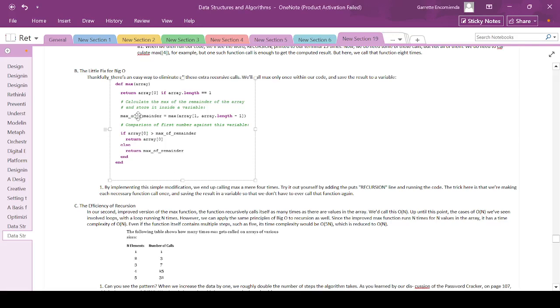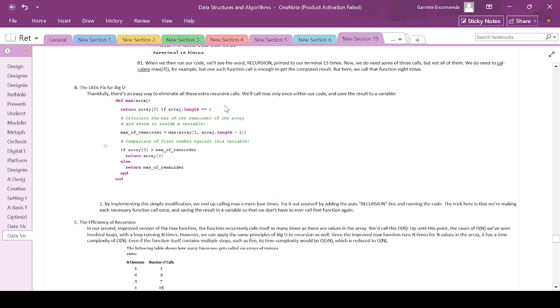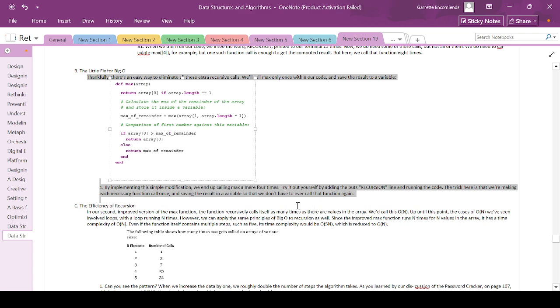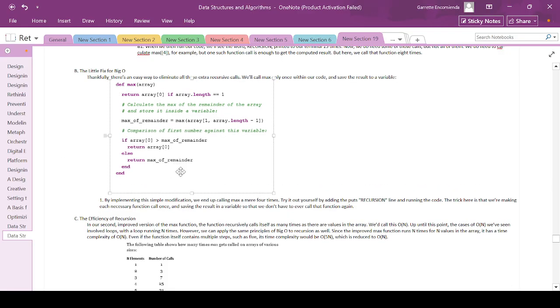The little fix for big O. Thankfully, there's an easy way to eliminate all these extra recursive calls. We'll call max only once within our code and save the result to our variable. So the fix to the multiple recursive calls, which is a problem we encountered previously, is storing it in a variable. We will see how this one technique of storing in a variable will enormously delete